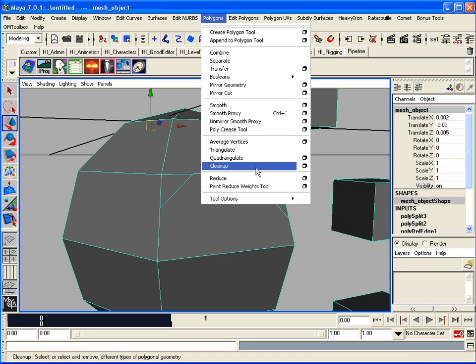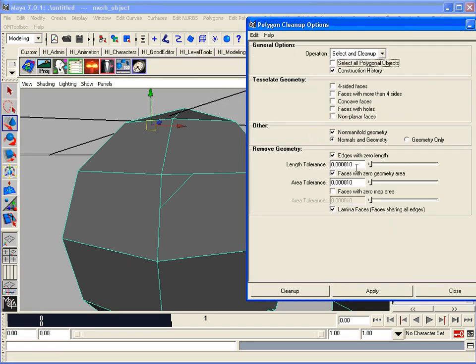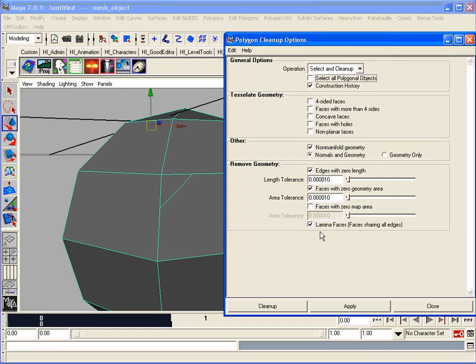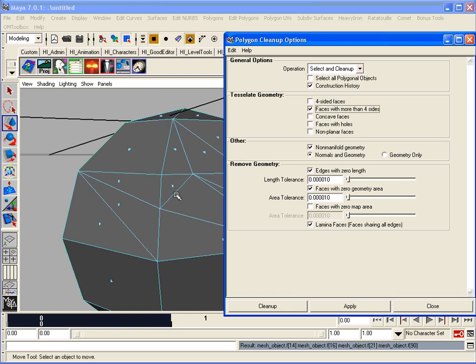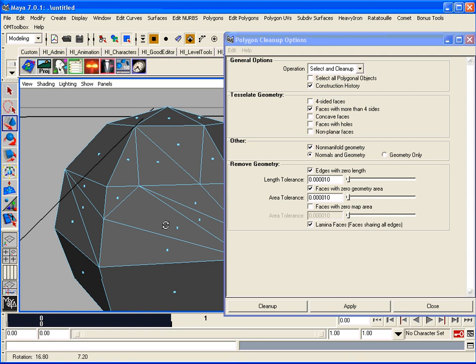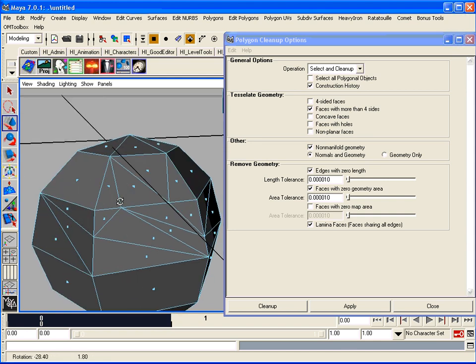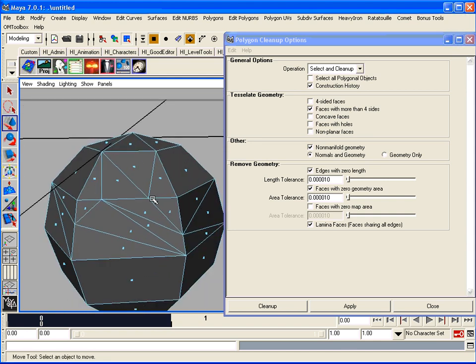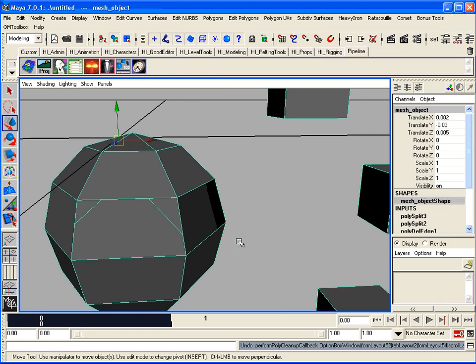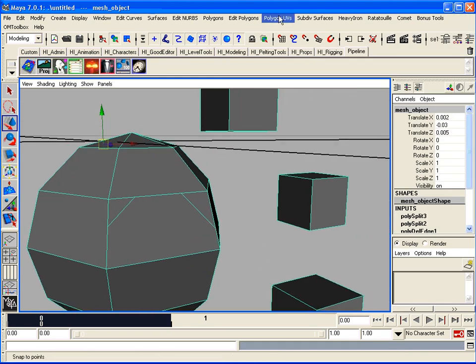Polygons, Cleanup. Make sure you have this selected, and you can hit Apply. And faces with more than 4 sides, it will automatically triangulate around it. Okay? Now, this is kind of messy. As you see, you've asked the computer to do the hard work for you. Look at all the repercussions it's done to split things up just to compensate for this silly little edge that you had there. So the better way to do it is choose yourself how you're going to split it up